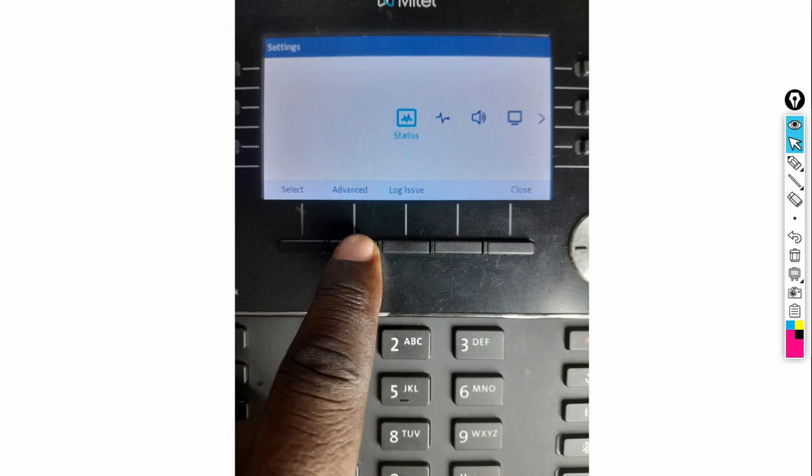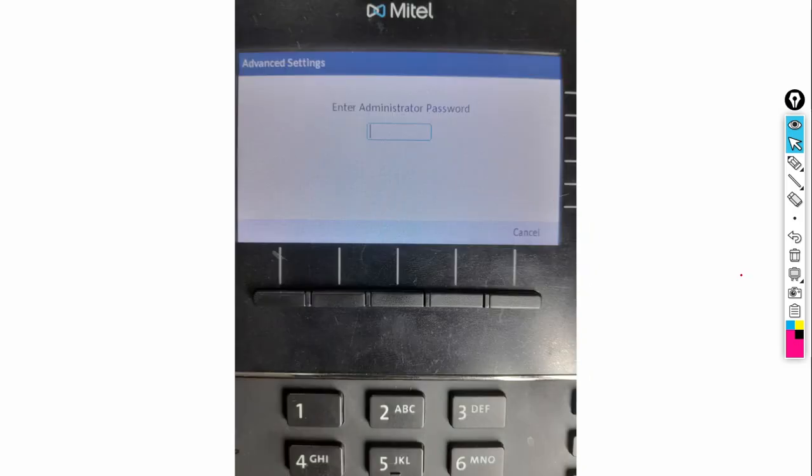We go into our configuration button and settings, and we click on advanced again. We get asked for the password now. It is very, very important to note that this has come up where in the previous scenario there was an error to say administrator password is not set. But right now we can see instead of an error, it is asking us to put a password, where we are going to put our password